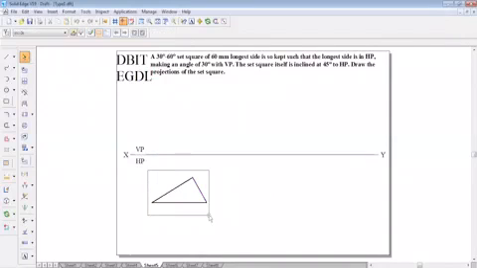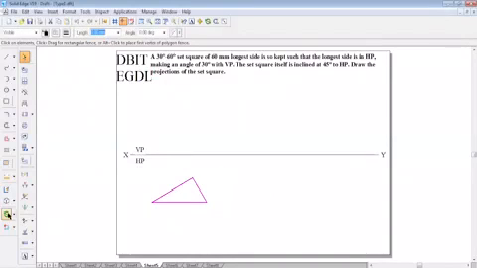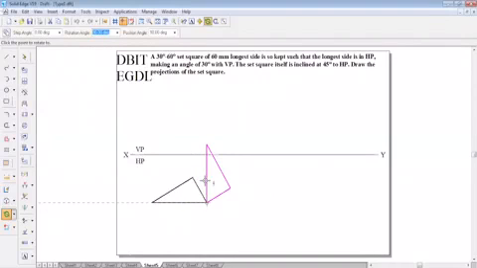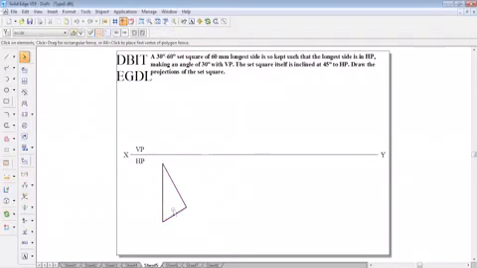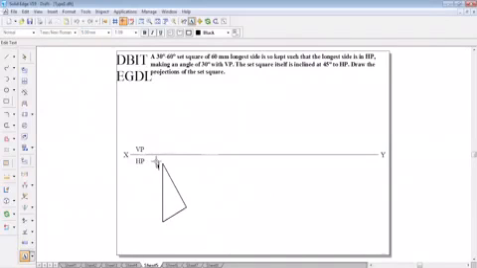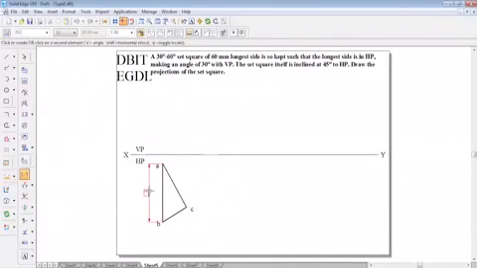Select the lamina using the select tool, go to the rotate command, disable copy. Select the endpoints of the longest edge. Place this line perpendicular to the XY line and place this lamina in HP, since it is resting in HP. Then name the corners: this is corner A, B, and corner C. Next, show the longer edge length. So this is the first position of the lamina in HP.